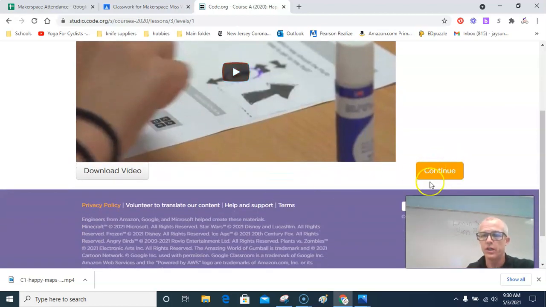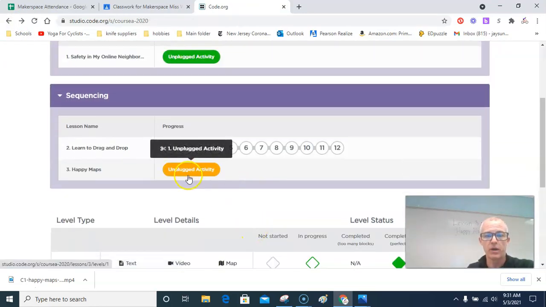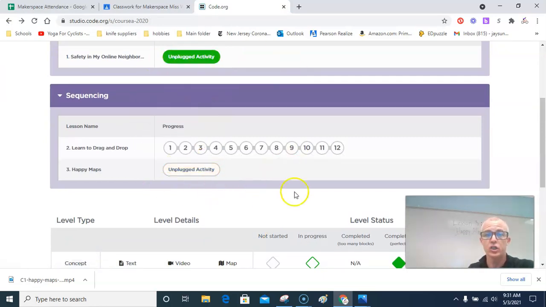When you are done, you click on continue. That way you get credit for watching the video. When you go back out to your dashboard, this button will be green if you watched it. So everything should be green, boys and girls. I repeat, everything should be green today. Now, after you're done watching that little video and everything is green, both unplugged activities and all of your circles,